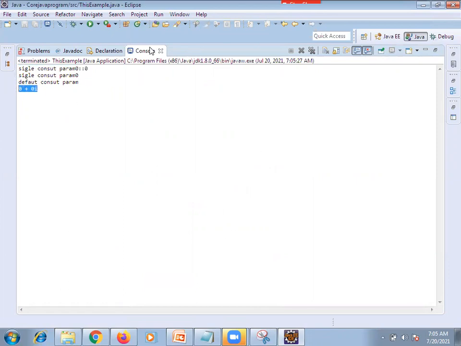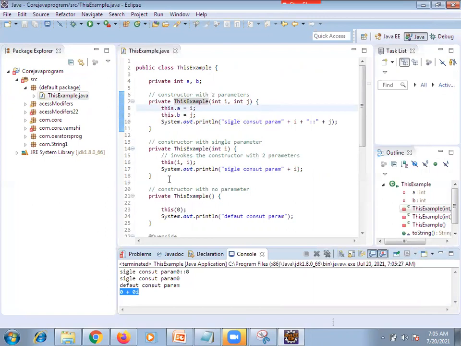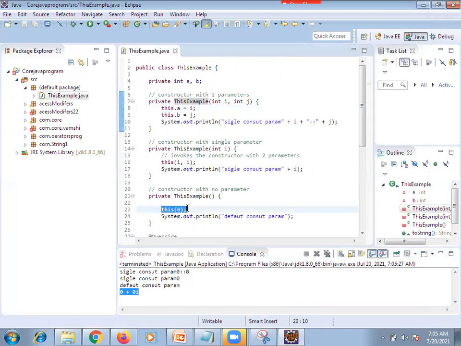Now you can see the output. What is the output? The first statement is this dot 0. This one is there, this one will come here. What is the first execution that happens? Here. Then the next step would be this. This is the final step. Got it what I'm saying?